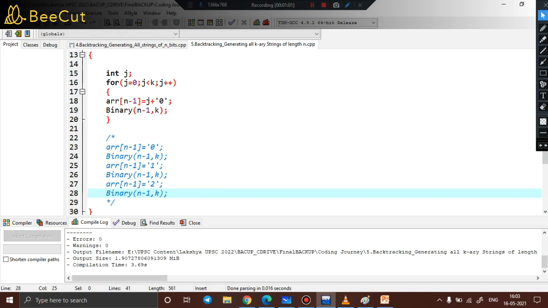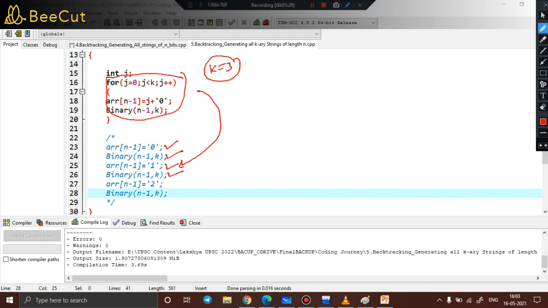For example, if you see this particular problem here, I have unrolled this for loop for k equal to 3. Suppose I am using k equal to 3, then we already know what is going to happen. First of all, I will initialize the extreme bit with 0 and then do a recursive call. Second time I will initialize it with 1 and do a recursive call. Third time initialize with 2, do a recursive call. So this code remains the same for k equal to 3. But what about k equal to 4? For k equal to 4, I just have to add one more pair here. So I'll just add array n minus 1 is equal to 3, and again do a recursive call below. So rather than